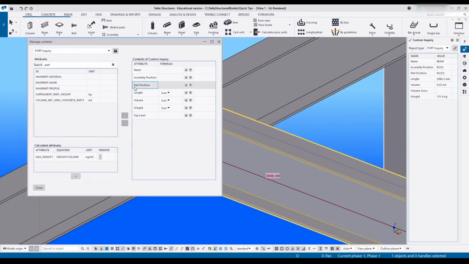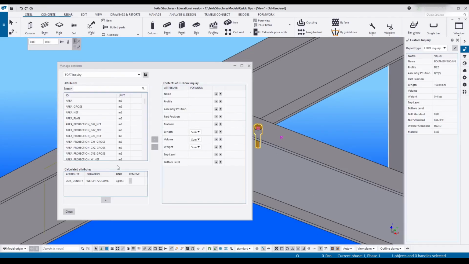Let's go ahead and move the position up directly under the assembly. Next, I've got the top level of the item, so that'll tell me the top of wherever I am. In this case, I'd like the bottom as well, so I'm going to say bottom level. Add that. Now, after spending some time and coming up with a composition that you'd like,